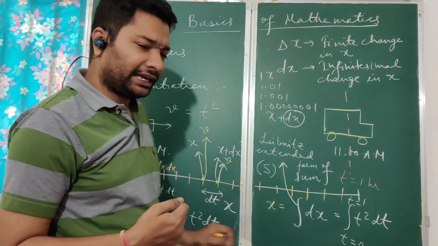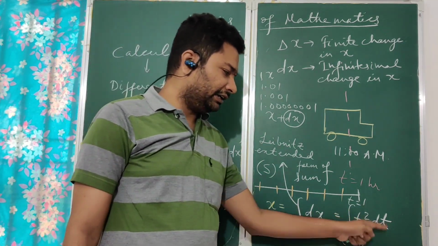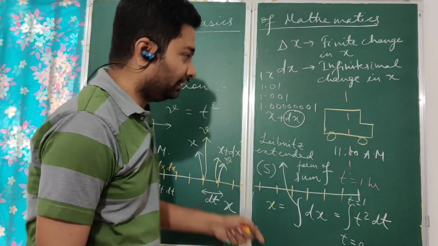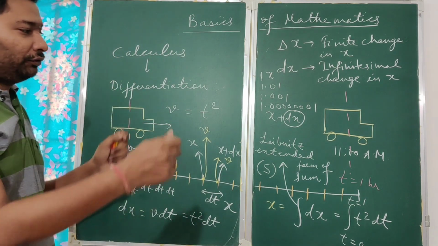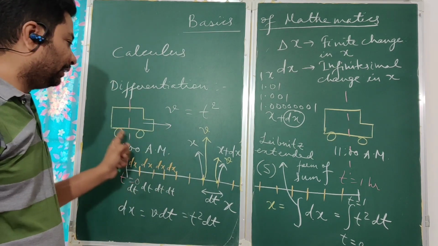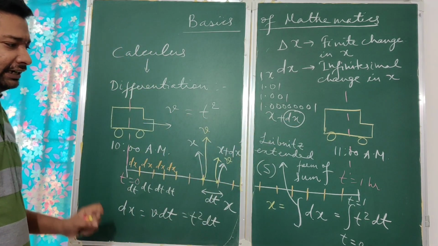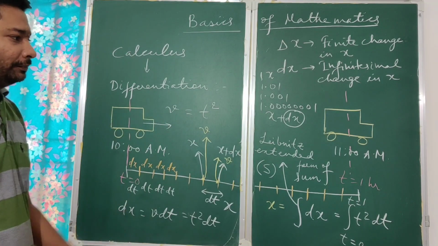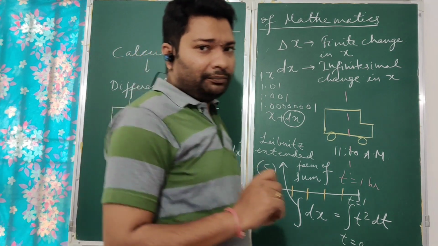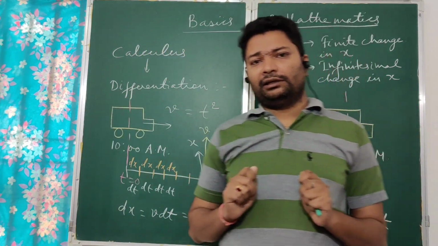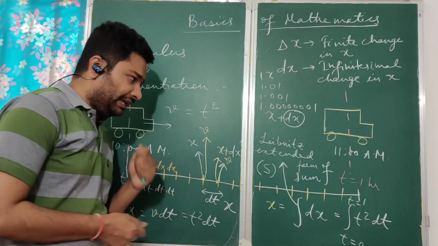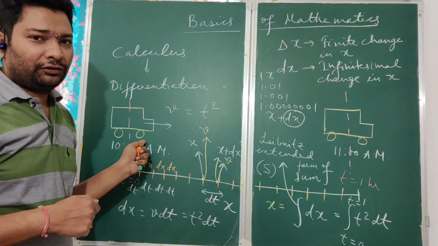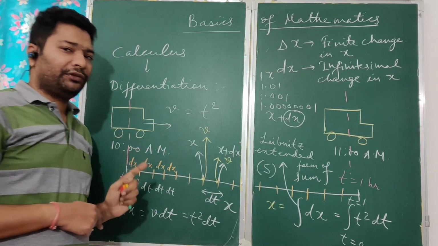Now when you learn calculus, in integration you will learn that the integration of this is given as t cube by 3, and if you substitute these limits then it will be 1 by 3, and initially what we had got was 1. So now you see there is a difference in the value of the total distance travelled by this car, and if you do it by integration you get the exact value of the distance travelled by this car. I hope from this example it is very clear when you have to make use of calculus, and why it is necessary for us to understand calculus so that we can solve practical life problems in physics.